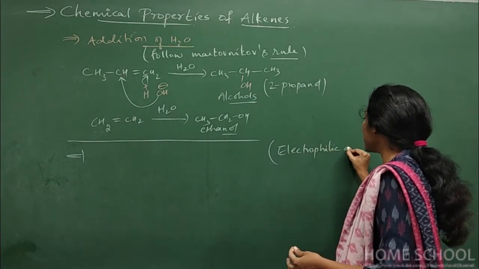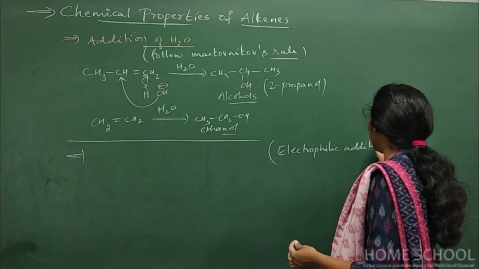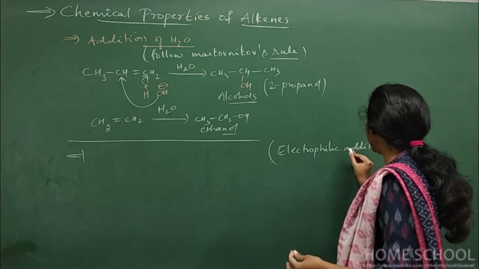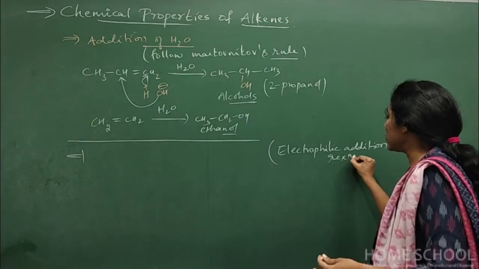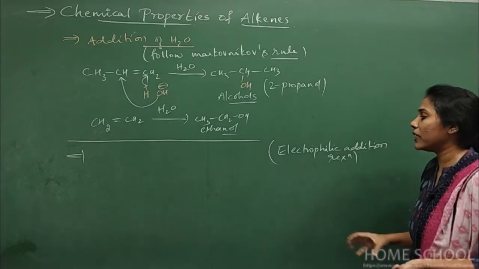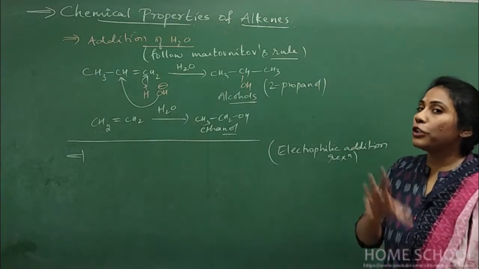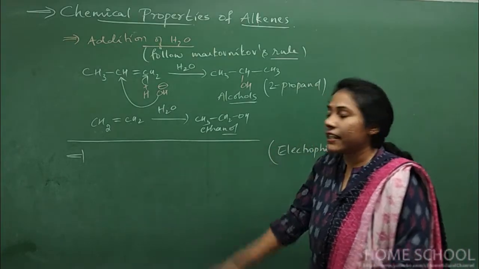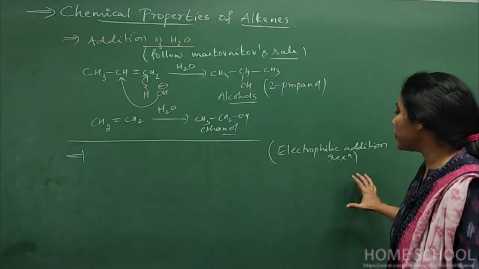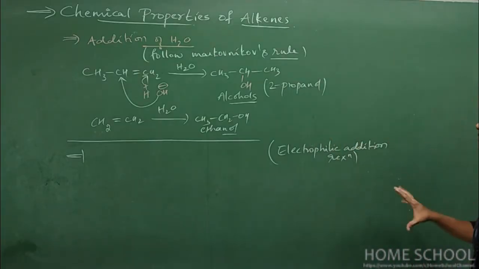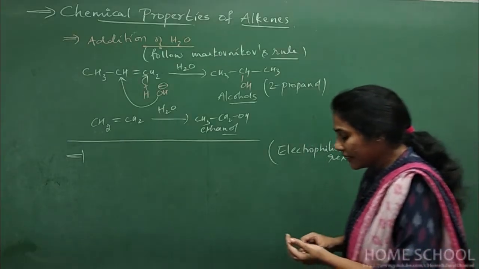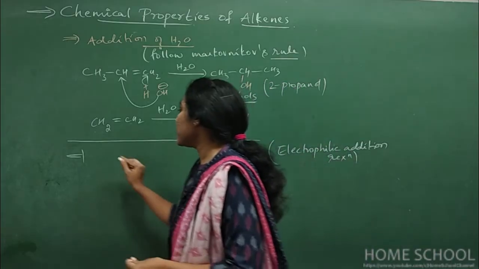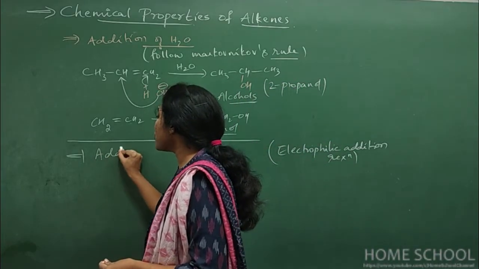Electrophilic addition reaction. So what type of addition reactions are they? Addition reactions are of two types: electrophilic addition and nucleophilic addition. So whatever addition reaction we studied in case of alkenes, all of them come under electrophilic addition reaction. Another electrophilic addition reaction that we study is addition of